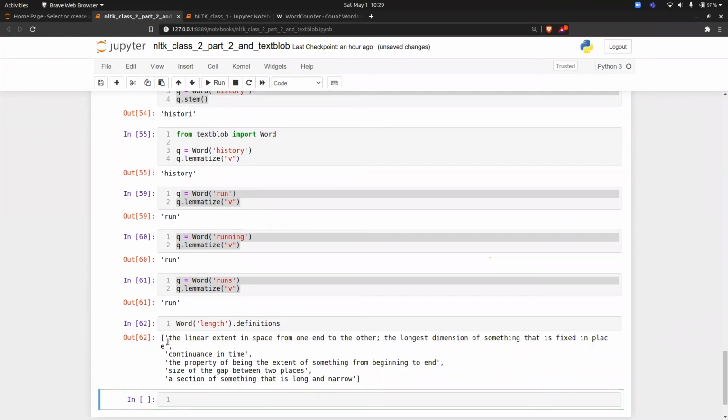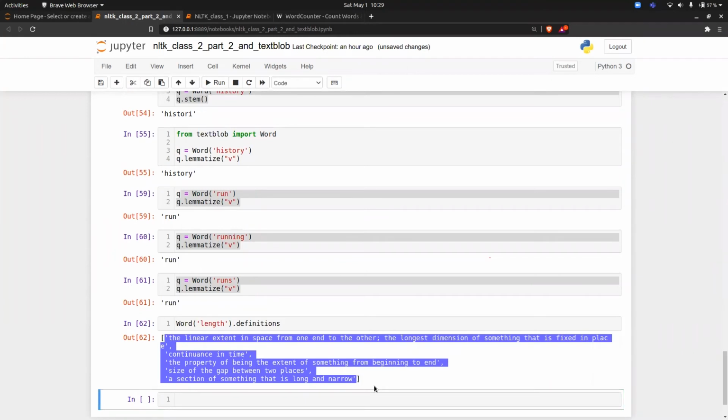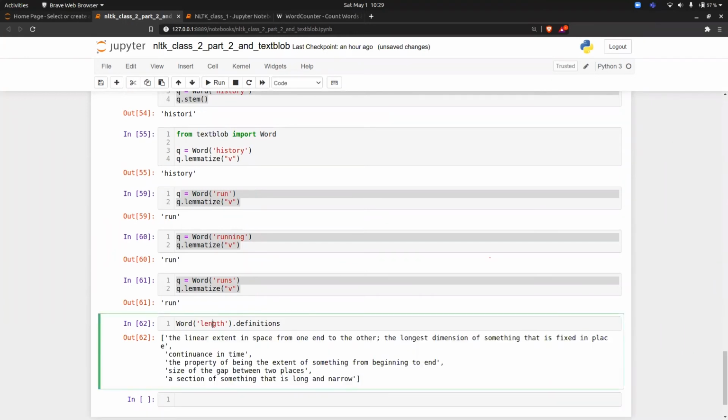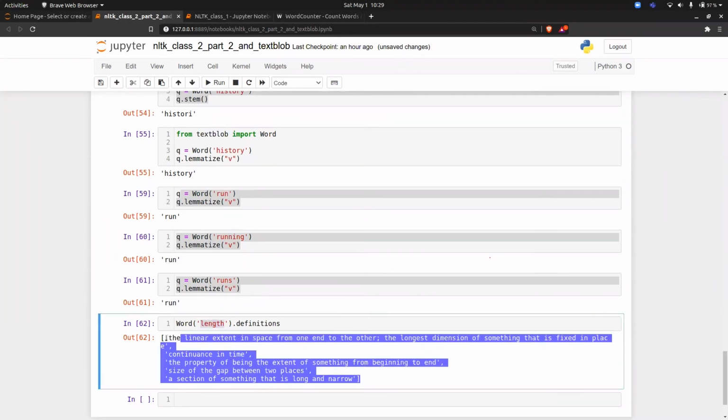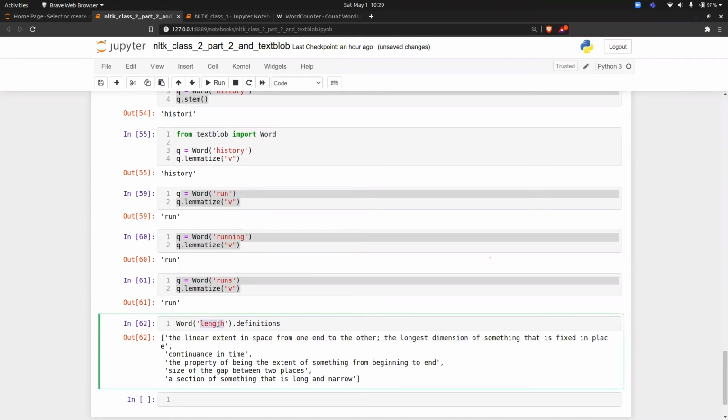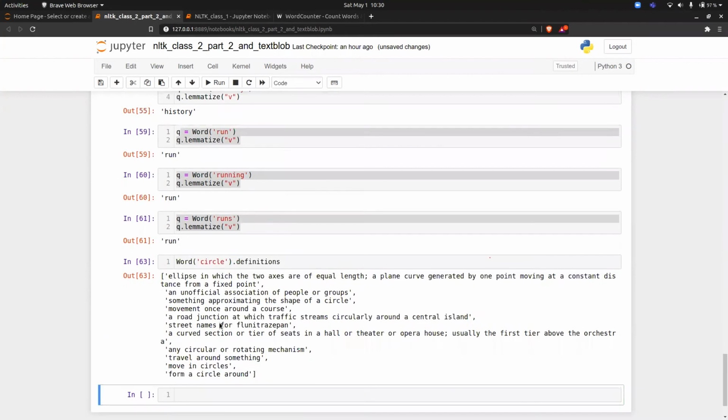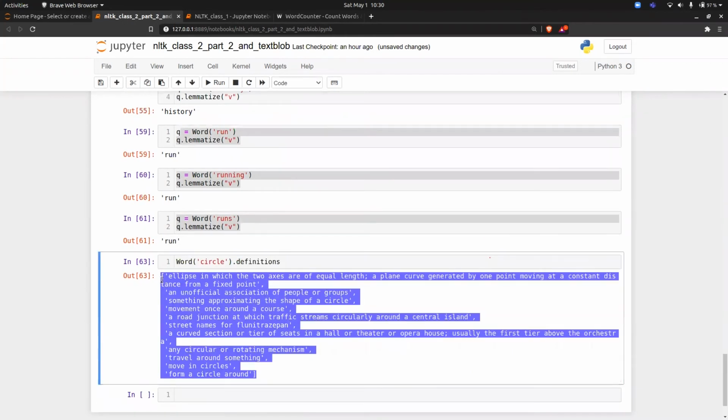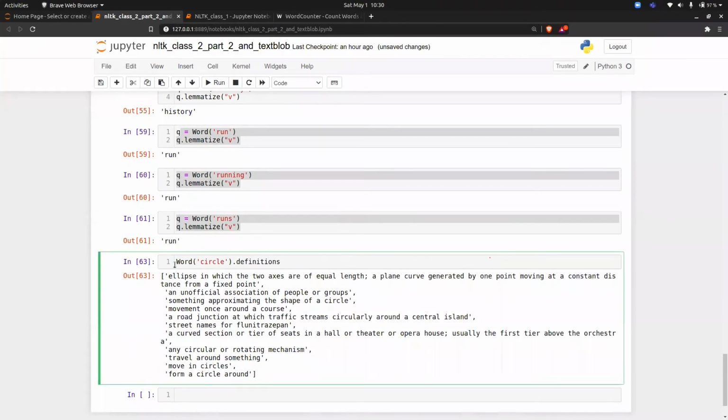So you can try to create your own dictionary application, where a user puts in a word and you give all the possible meanings of that word. You can type any word, and of course that word should be there inside the model or database. If I put circle, let's see, yes, the definition of circle is also coming. So you can create your own dictionary with the help of this.